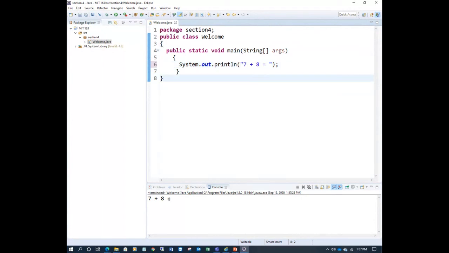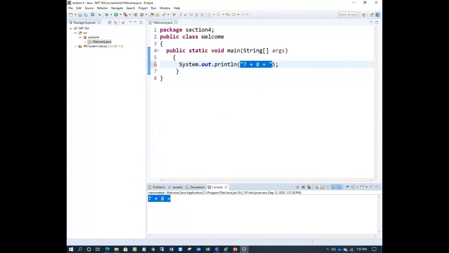So it will print as is. Now if you want to add some value to this one, if you want to add some more data, now this is string data, some textual data. It's like a text. It is not a number actually. It is a text. It is a string, not a number. 7 8. It is a string. Remember. Okay, so it is a string here.